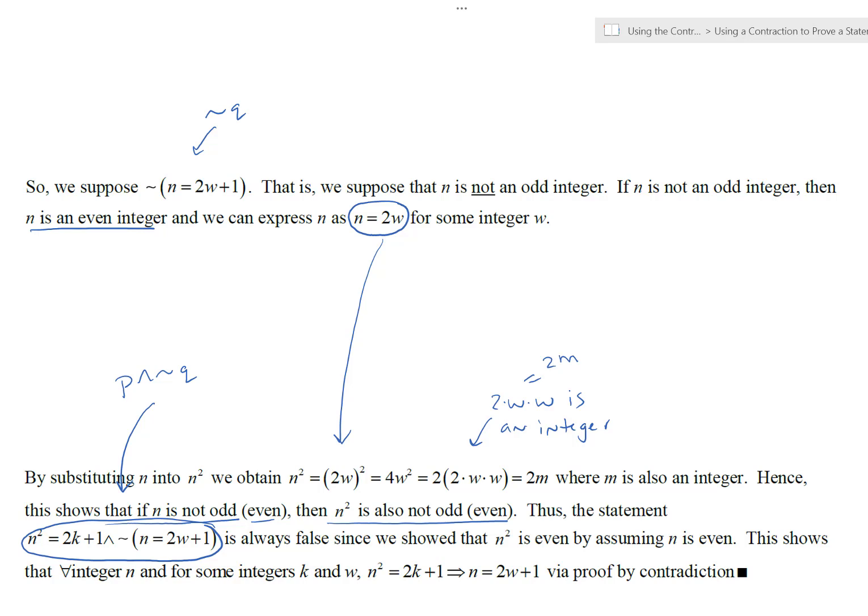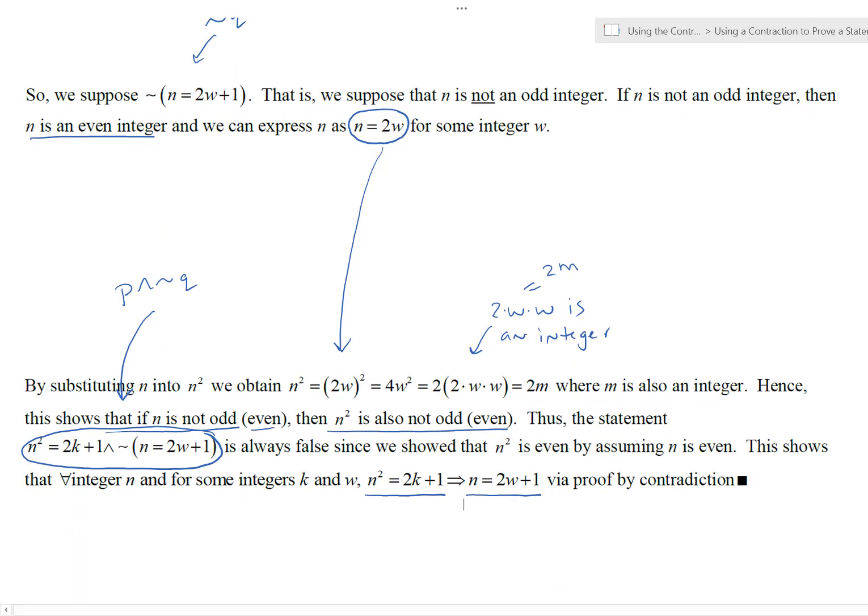It can never be true because we just showed that if we assume that n is even, then it shows that n squared must be even. But that can't be true because we're assuming that n squared is odd in the statement. So it's always false. What does that tell us? It tells us that no matter what, if we have the square of an integer is odd, then the integer itself must be odd. And this is proof by contradiction because, again, lastly, we just showed if P and not Q, always false. This statement right there,